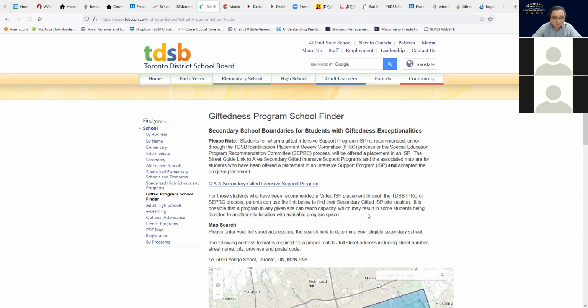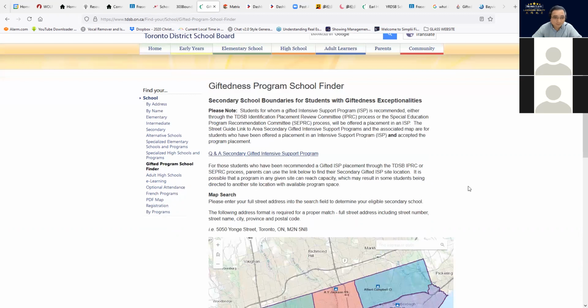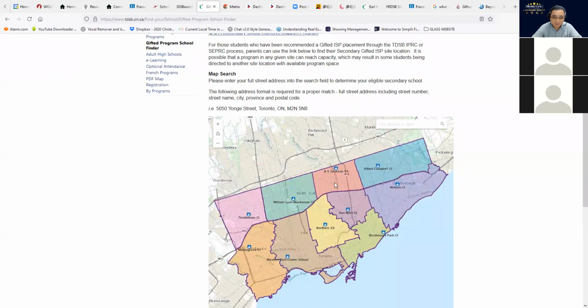The reason they're spreading this is because they want to make the school areas attractive in some unfavored areas. You will notice that the 6 IB schools in TDSB are actually located in some lower income neighborhoods, such as Victoria Park and Parkdale.